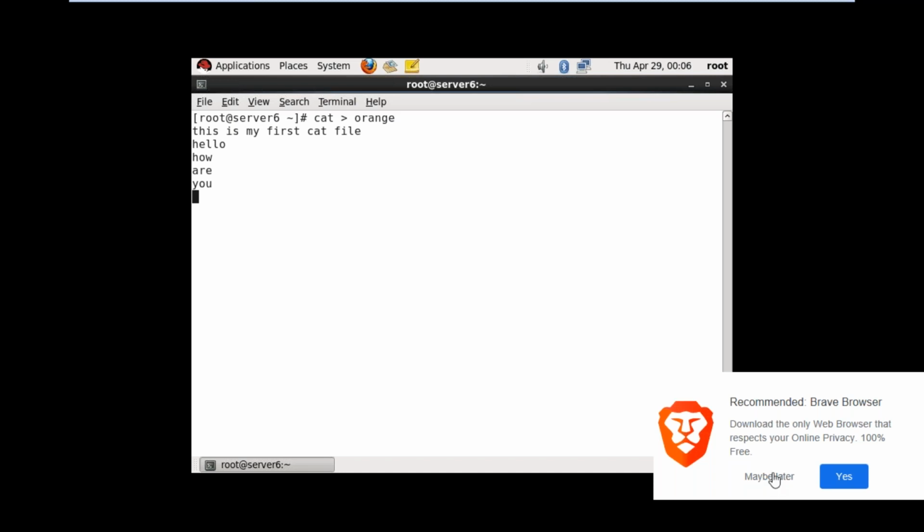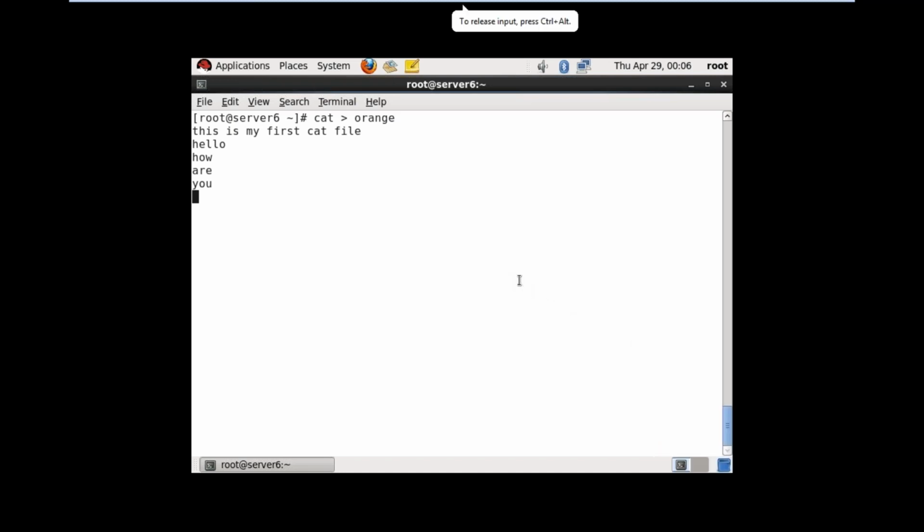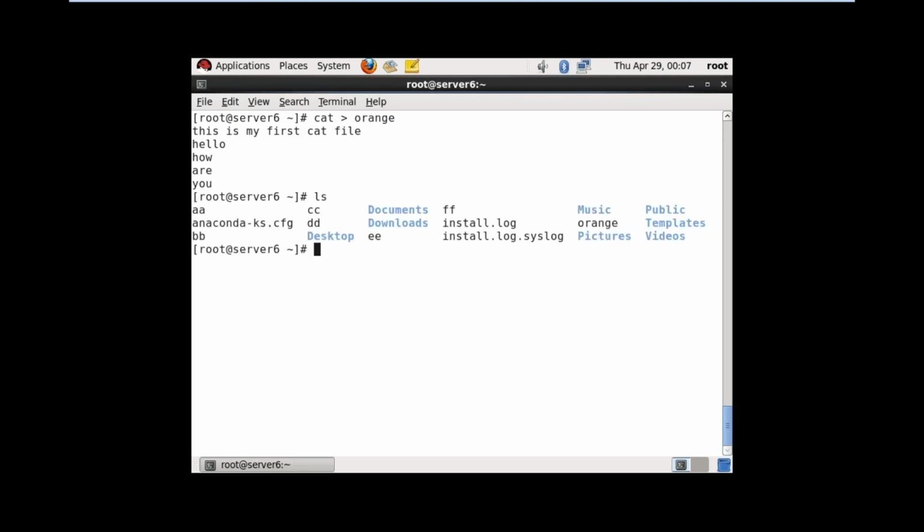Now I want to save this data. To save the data, press Ctrl D. D for dog. Now my data is saved. ls. So the file is created, and while creating, I wrote the data also.